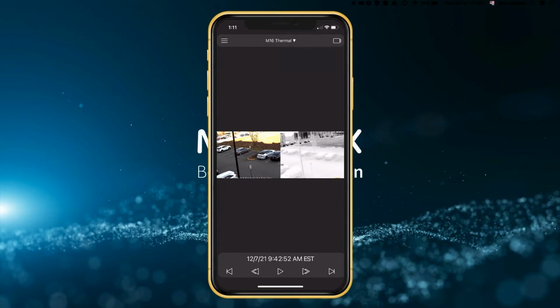As you can tell, there's nothing moving in the image, and of course you've got the typical play forward, fast forward, step forward, and then rewind and so forth. And you see the time down there. It goes to the closest possible event.